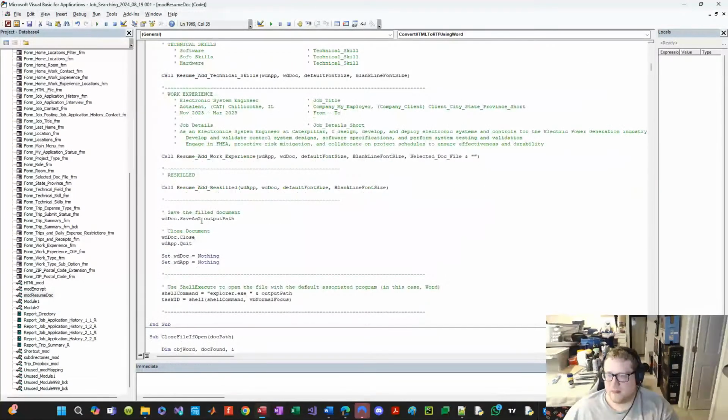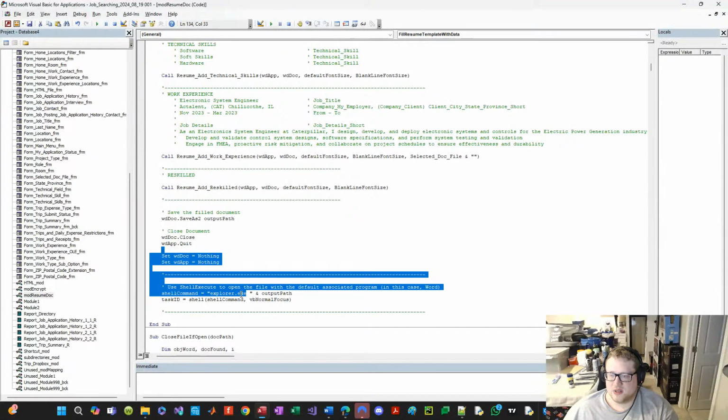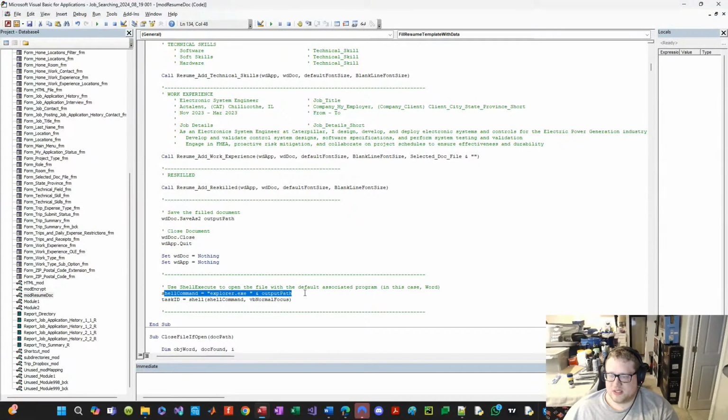Okay, and so we had our technical experience, our work experience. We've updated the reskilled stuff. We saved the document, we closed it, we quit the application, which is Microsoft Word, and then we reopened the document. Why would I close the Word document and reopen it? Well, because if I was to run this routine again,